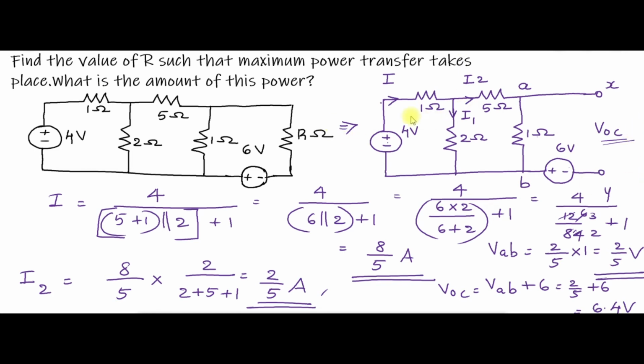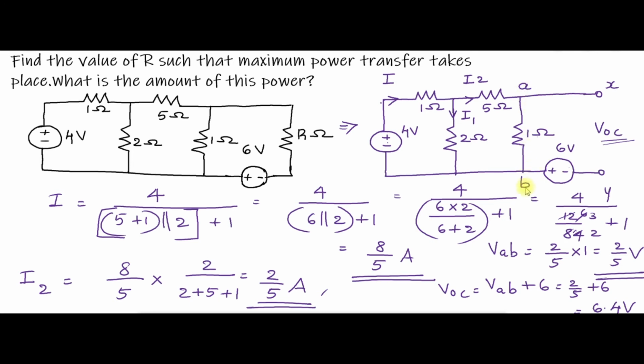Now you have to redraw this circuit with the resistance only, and now you have to determine Thevenin's resistance. So first I have redrawn this circuit replacing this R, then looking through this terminus I have determined this I. Looking through this terminus I can state that these two are in series, which is in parallel with this 2 ohm, and all this circuit is in series with this 1 ohm. So 4 divided by resistance will give you my current as 8 by 5 ampere.